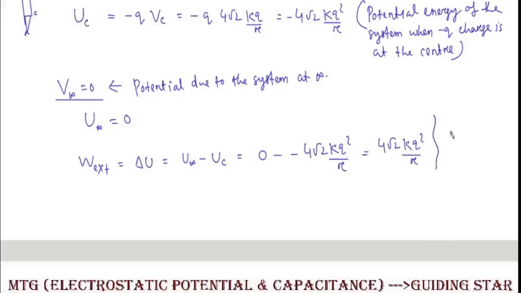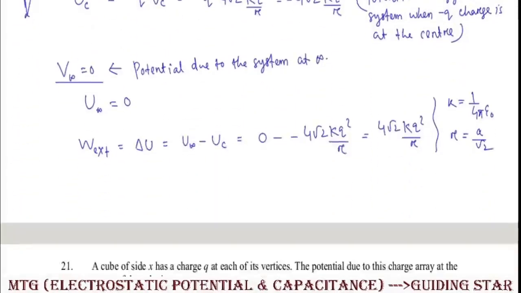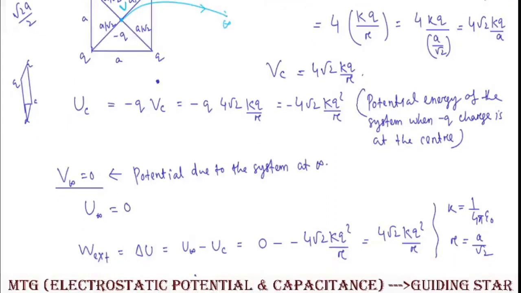But here in this particular case, remember that the value we will substitute over here, k is 1/4 pi epsilon naught, and r we will substitute a by √2। ये वैल्यू हमें सब्सिट्यूट करना पड़ेगा बिकॉज ऑप्शंस आर गिवन लाइक दैट, क्लियर। तो ये सब वैल्यूज को जब हम सब्सिट्यूट करेंगे तो हमें यहाँ पे कितना मिलेगा, वर्क डन विल बी 4√2 k is 1/4 pi epsilon, so 4 pi epsilon naught q square divided by r is a by √2, क्लियर।